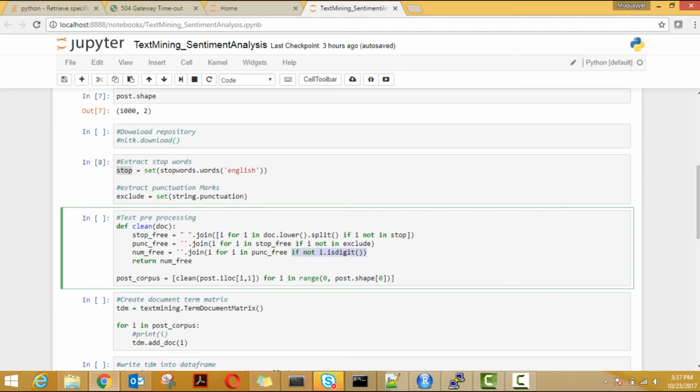Okay, so now my num_free is the list in which I am storing all the text which is free from punctuation marks, stop words, and numbers, and also converted from uppercase letters into lowercase letters with this line of code. And I am returning the num_free object from this whole function. So let me run this line of code and see the output, how it should be free from